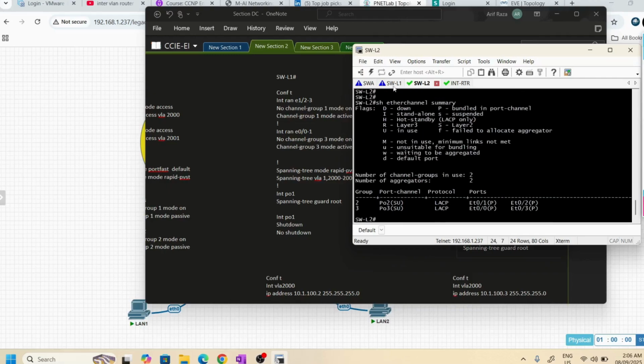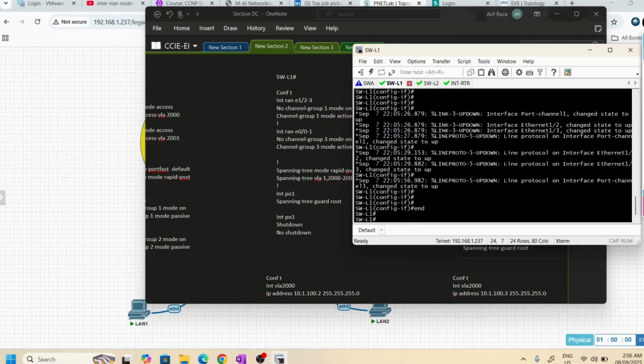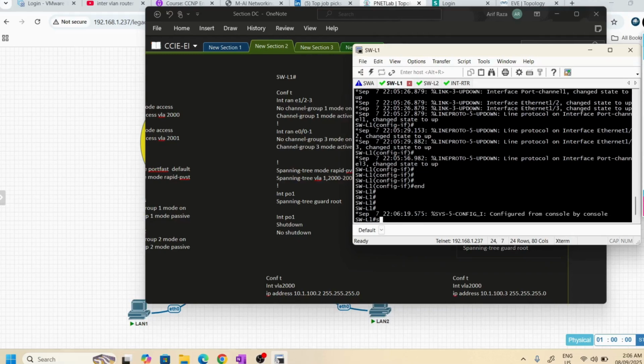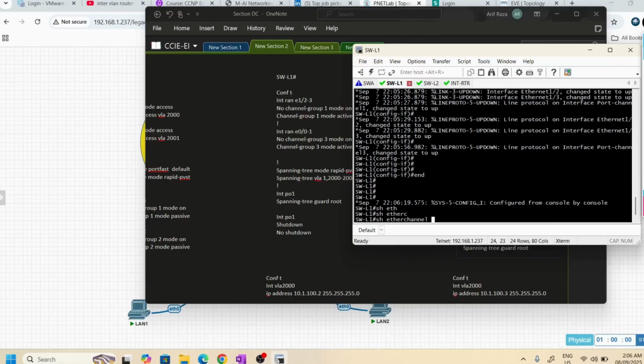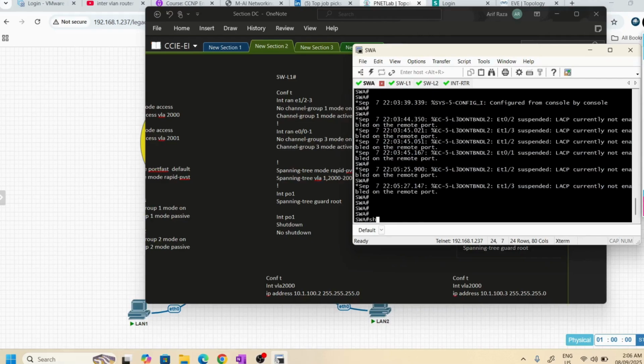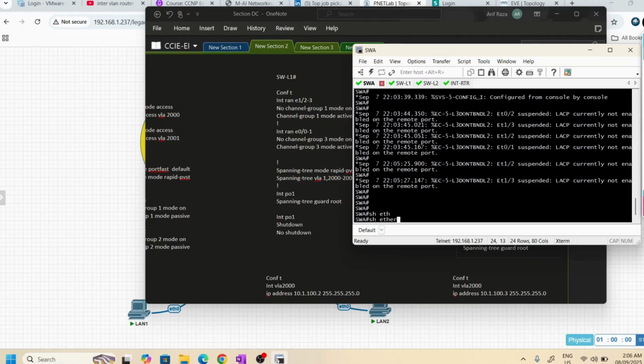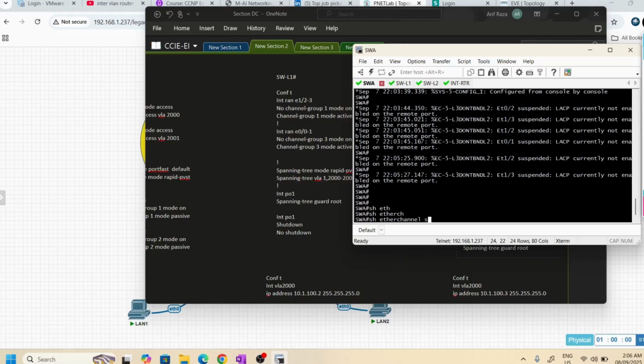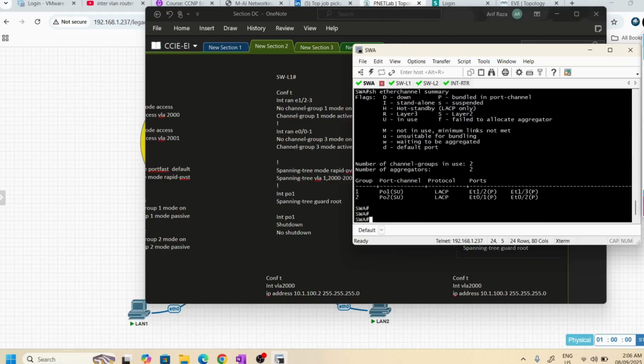All up here also you can verify with that command. So EtherChannel summary. Here also I'm just giving the practice to verify the configuration. Okay, EtherChannel all done.